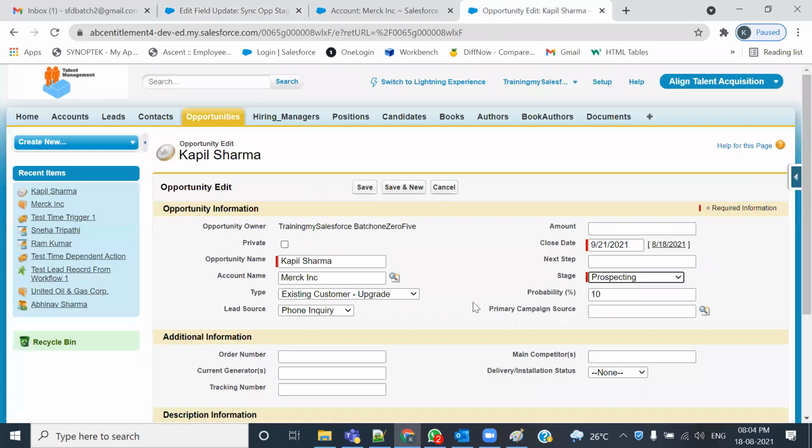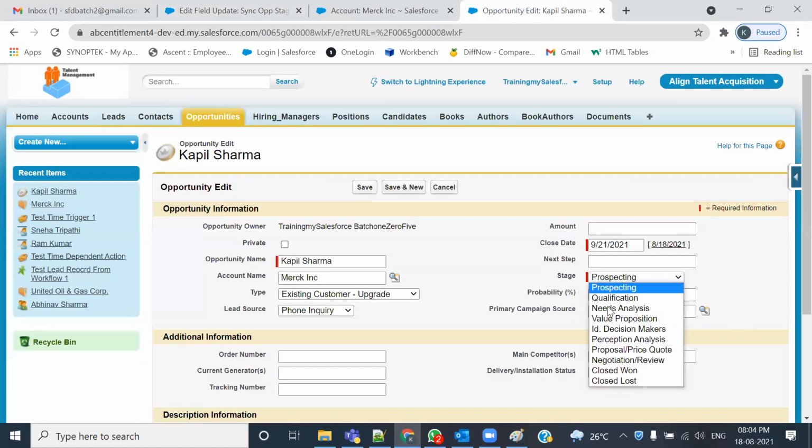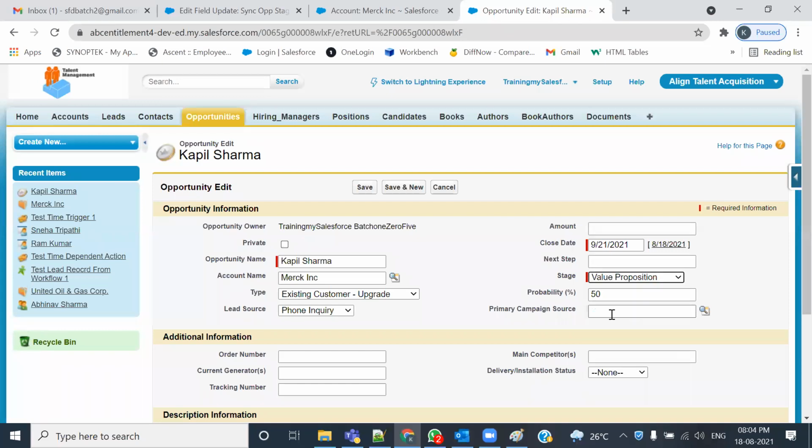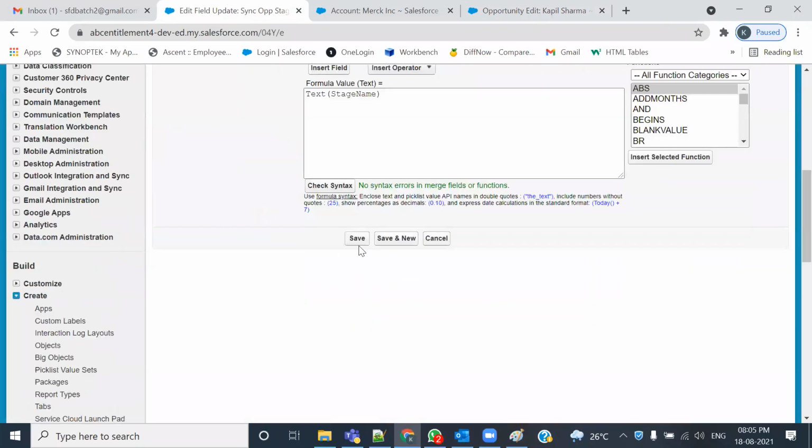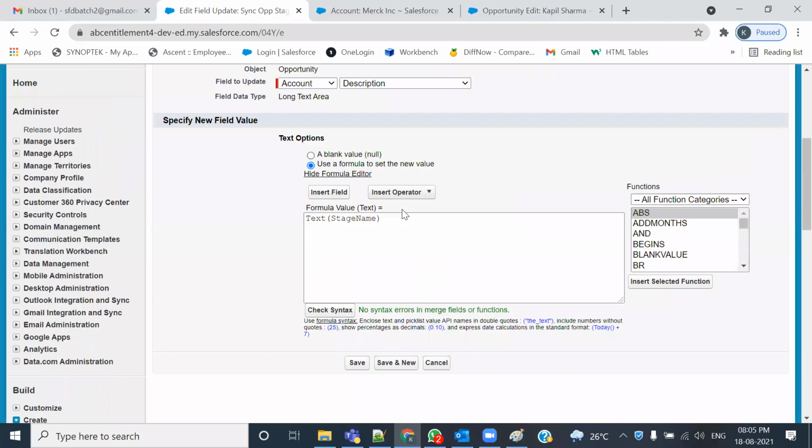करंट सिलेक्टेड वैल्यू, जैसे कि अभी करंट सिलेक्टेड वैल्यू है प्रोस्पेक्टिंग, तो प्रोस्पेक्टिंग को टेक्स्ट फॉर्म में रिटर्न कर देगा। अगर ये वैल्यू है वैल्यू प्रपोजिशन, तो वैल्यू प्रपोजिशन रिटर्न करेगा। क्वालिफिकेशन, तो क्वालिफिकेशन रिटर्न करेगा। तो ये जो मैंने फॉर्मूला यूज किया, अब अगर मैं चेक सिंटैक्स करता हूँ, it is not going to give me any error, no syntax error in the merge fields।